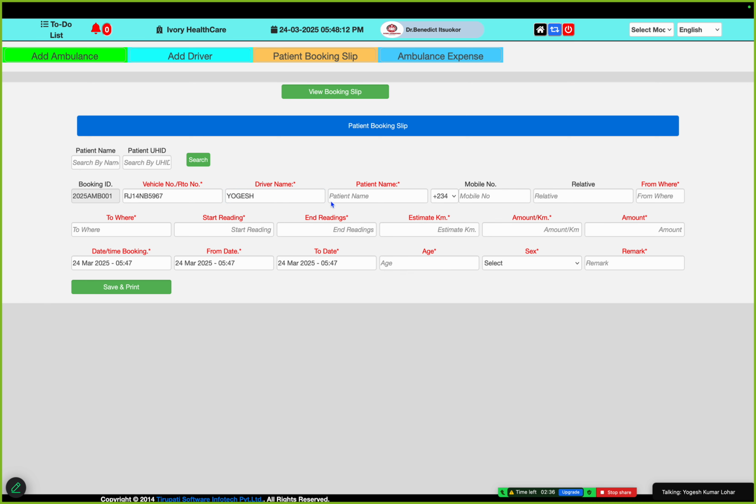The driver name is Yogesh, which is also coming from the data master. Here the patient, like demo patient, and the patient's attendant mobile number to respond to, and relative name like demo relative patient, where it is coming from, like it's coming from Lagos